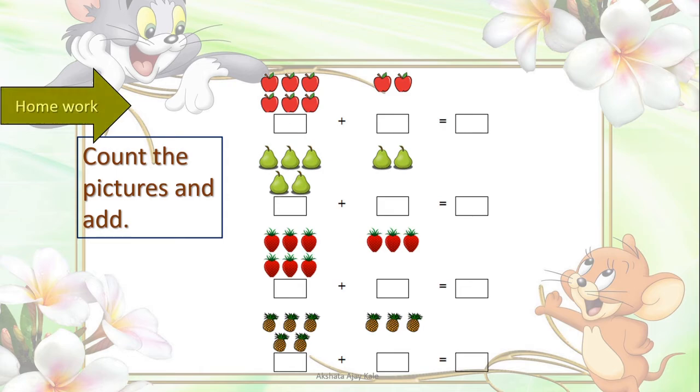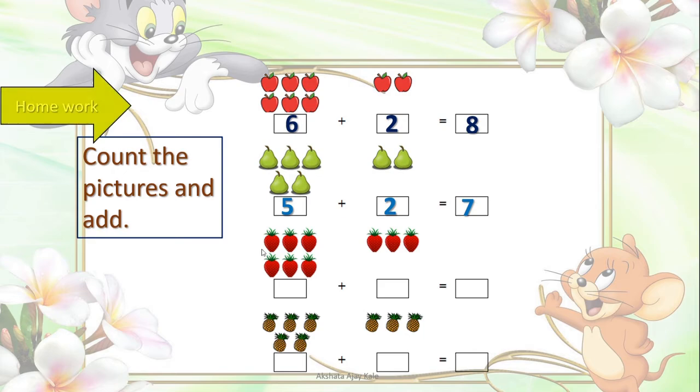Okay. Now you can see here apples. Here we can see 6 apples. 6 we will write here plus 2 apples. Together make, yes, here 6, this is 7, this is 8. The answer is 8 apples, isn't it? Here we can see 5 pears plus 2 pears. These are 5, this is 6, and this is 7th one. So our answer is 7.